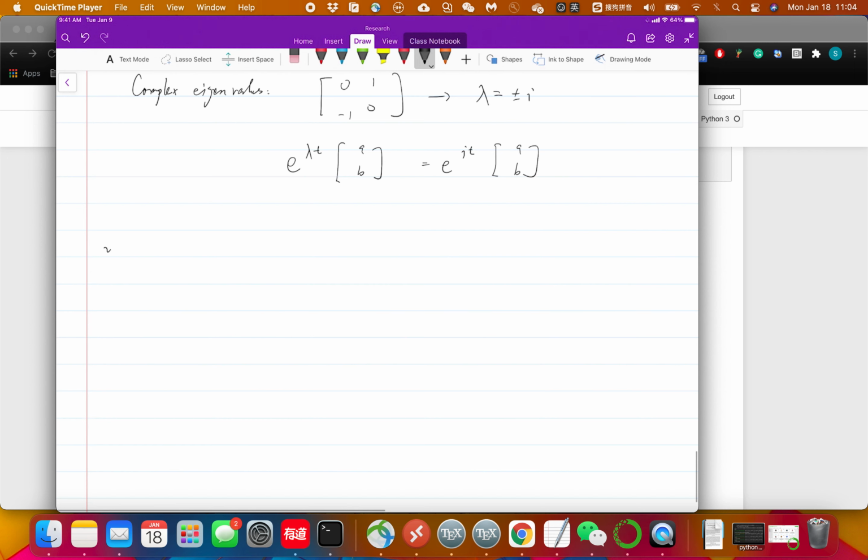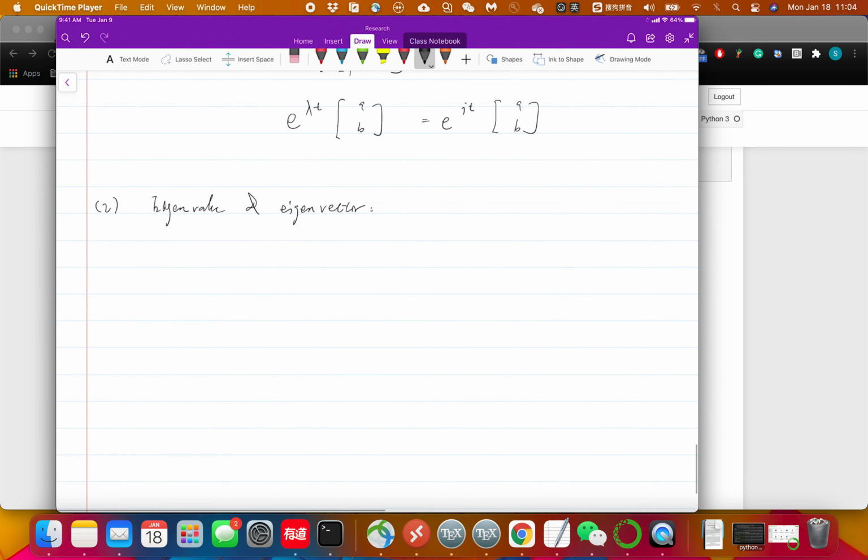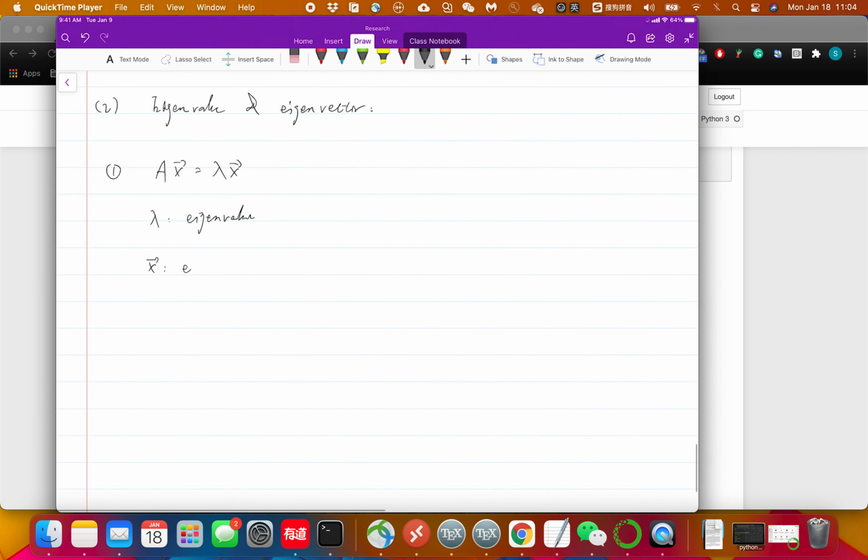All right. How do we do it? Well, let's talk a little bit about eigenvalue and eigenvectors. It's a review, so what I will do is I will write down the definition and some properties. You can go ahead and look for them online or check your lecture notes from linear algebra. The first thing is definition. Ax equals lambda x. Then lambda is called eigenvalue. x is going to be called the eigenvector